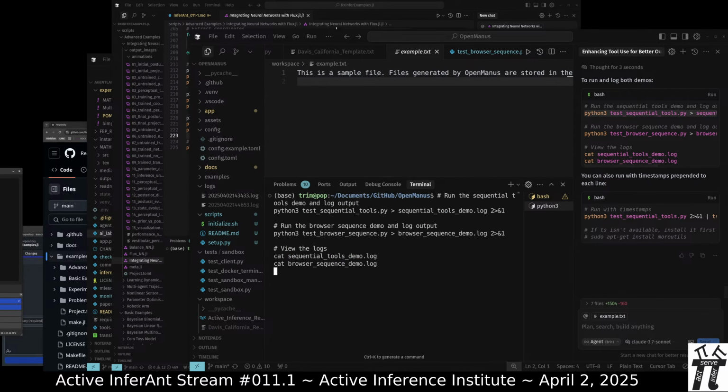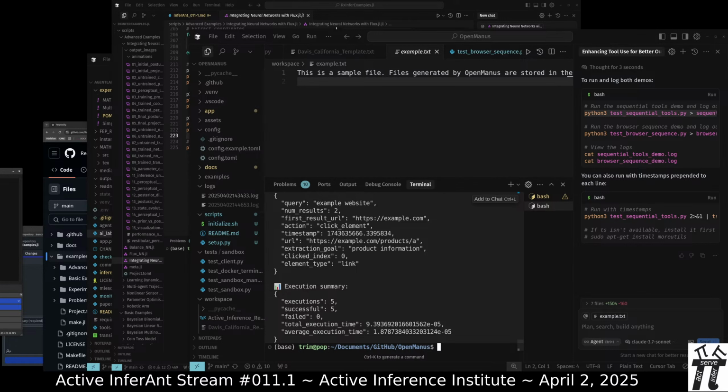Test sequential tools. This is what we get.